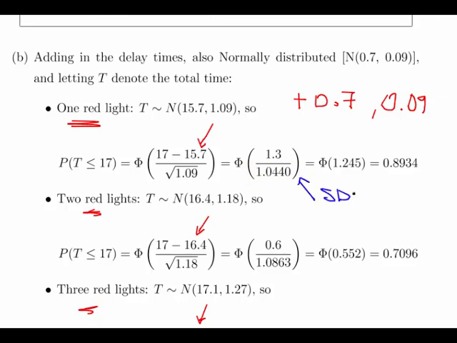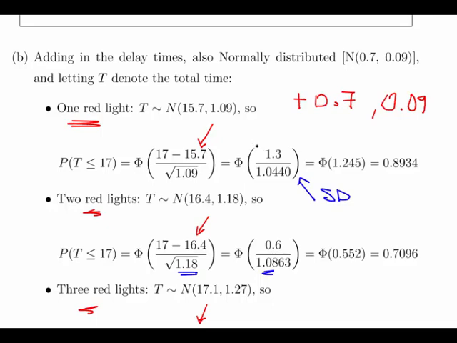Okay. Likewise here, 2 red lights, so the variance is increased by 0.18, and that brings us up to 1.18. The standard deviation, therefore, is 1.0863. Okay, and so on. So essentially what we're doing here is calculating the z-scores using updated means and updated standard